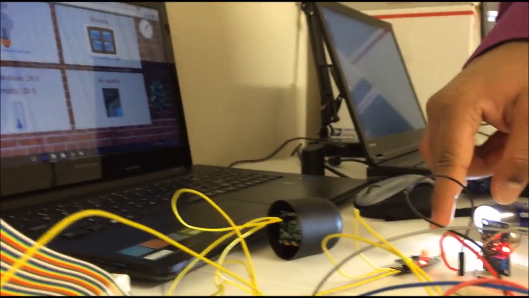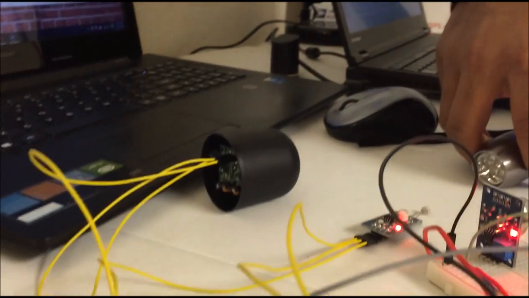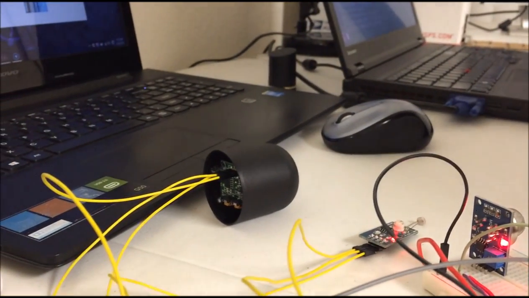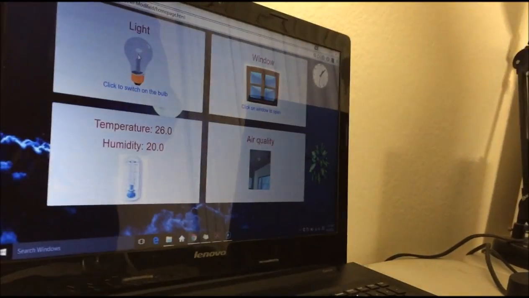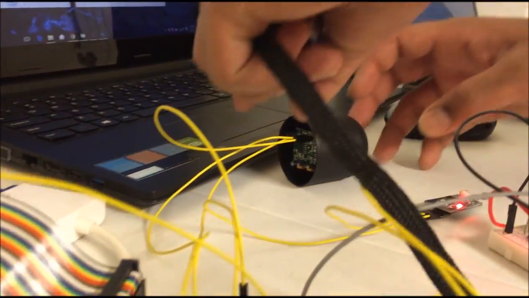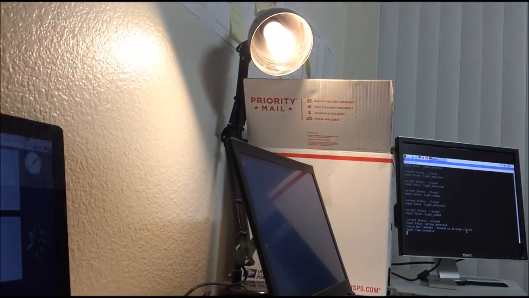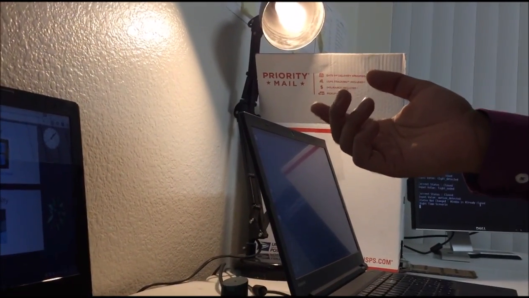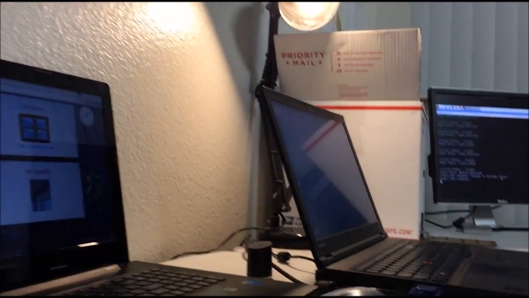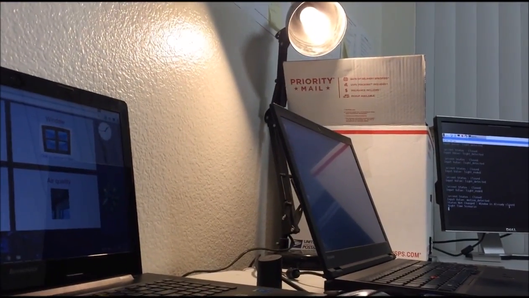Now I'll be creating the night by removing the light from the light sensor. I have removed the light from the light sensor, and it is even shown here that it is night, and now I'm entering the room. As soon as I enter the room, the light is switched on. So this is the nighttime functionality we have displayed.